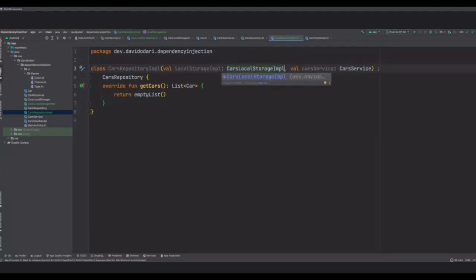We can just put the implementations directly. And yes, that will work. But in most real life projects, there might be different implementations of this. So that's why we use the interface, and we can switch the implementation how we want, and that's one of the advantages of dependency injection.